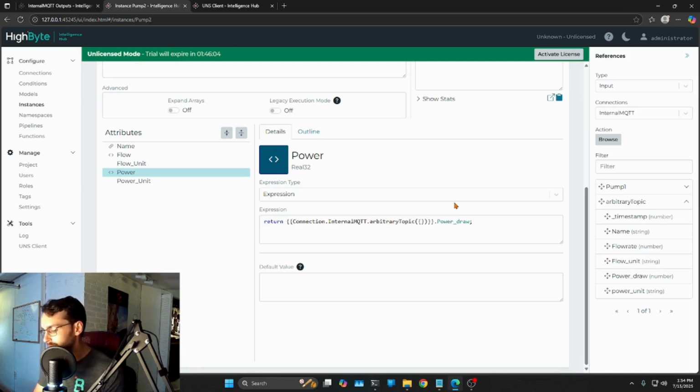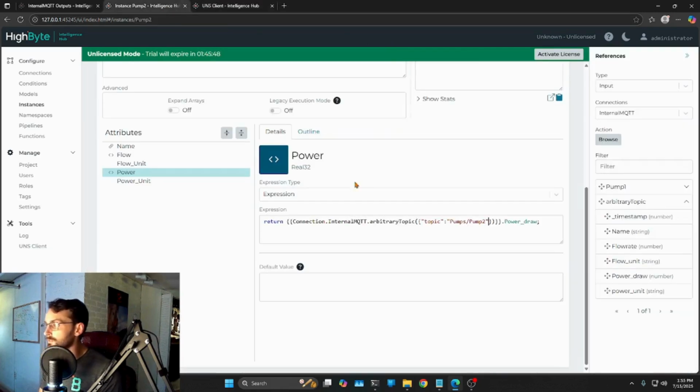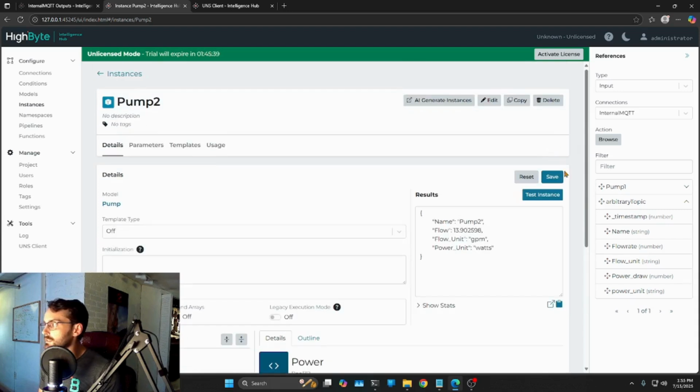I'm sort of drawn to this mechanism for no particularly good reason, just that I think it's cool. And what was my power draw? That might not be different, just for the sake of it. It's not. Pump/pump2. All right, let's go ahead and save this. Let's test that instance. Great, we got 3 values. Pump2, done. Pump3. I'm actually going to do pump3 different again because I want to show you another way that